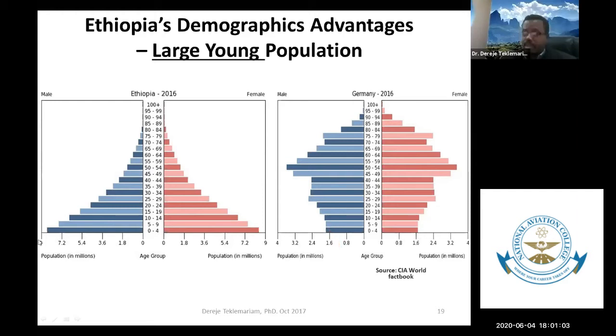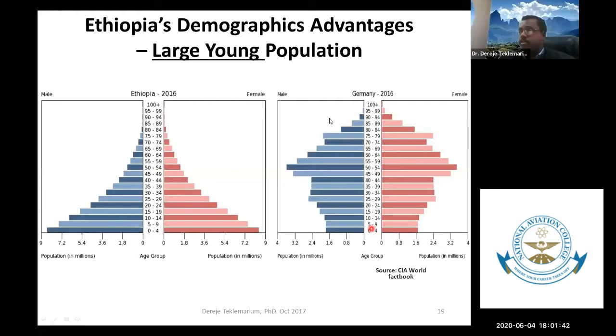You can see that at this time, if you see the population of Ethiopia from 0 to 4, we have about 17 million. Our population between 0 and 4 years is about 17 million. If we take Germany, the population from 0 to 4 does not exceed 3.2 million. So in terms of 0 to 4 age people, Ethiopia is almost 4 times larger. So you can predict what will happen after 10 years. The design of foreign policy should consider all these things from this perspective. That's what I wanted to really show you.